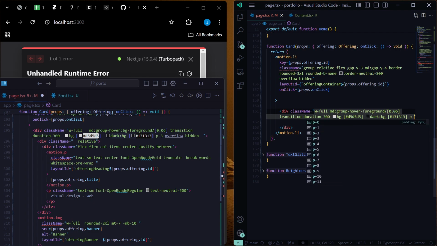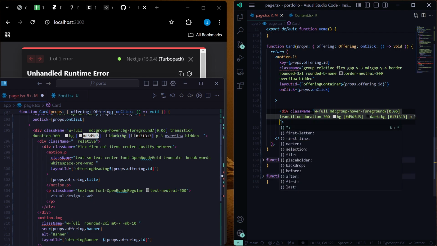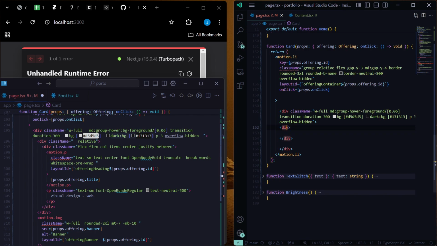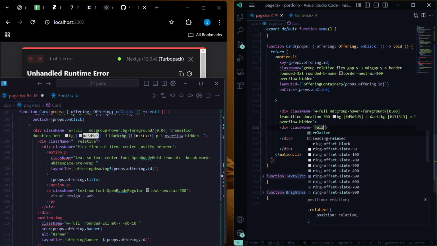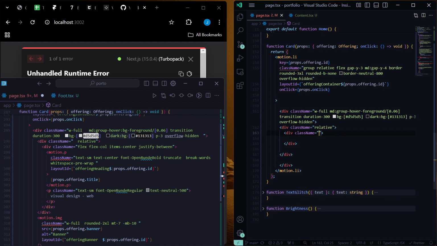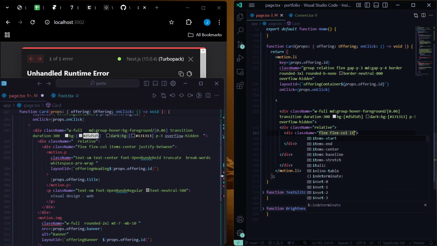And I'll give it a padding of 3. Make sure we give it an overflow of hidden, and create another div, give it a className of relative. And in here we'll give it another class of flex-col, and then items-center, justify-between,